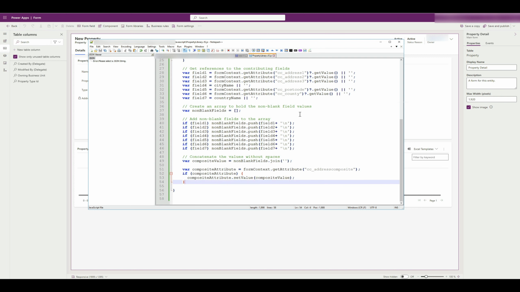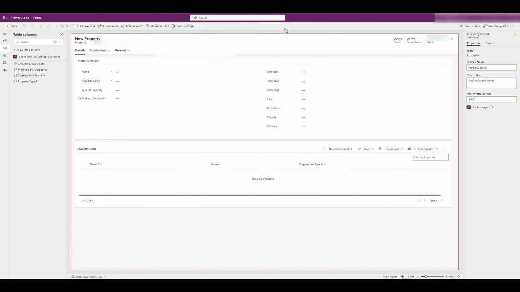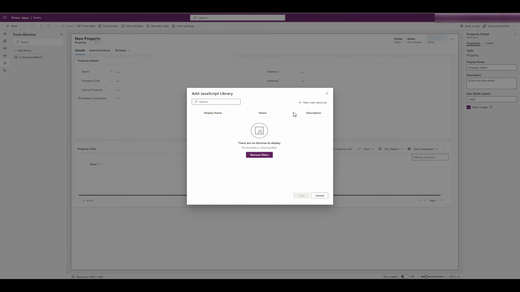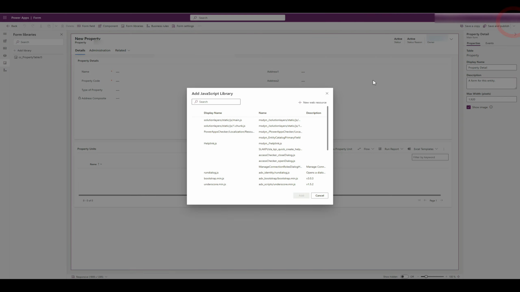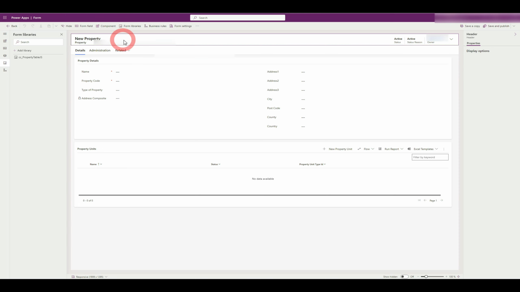So let's connect the two. What I want to do is upload the property JS to my instance of Dynamics. So what we'd have to do, there are two ways to do it. Either we do it here via the add library button on the form. By doing this, however, it will create a new web resource. You can see here the naming convention now comes to the default publisher or creator. If you're okay with that, then by all means carry on. If not, and you want your naming conventions to be accurate, as I do, I would recommend going back,